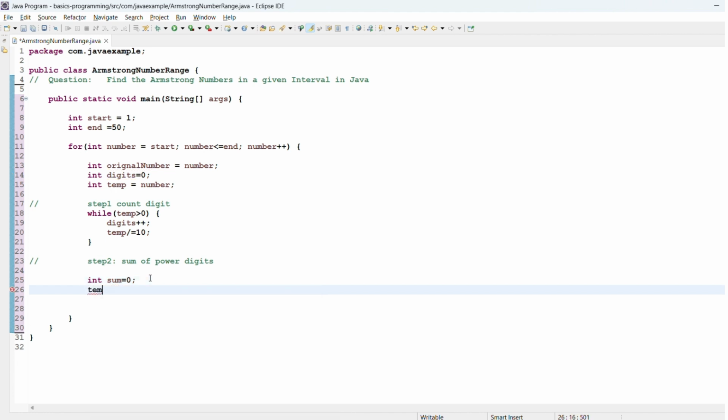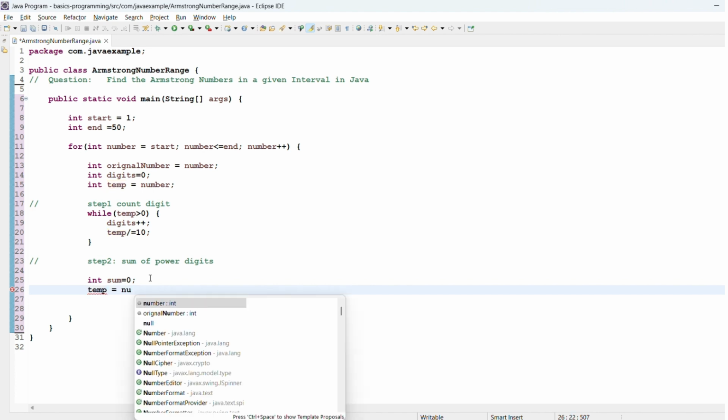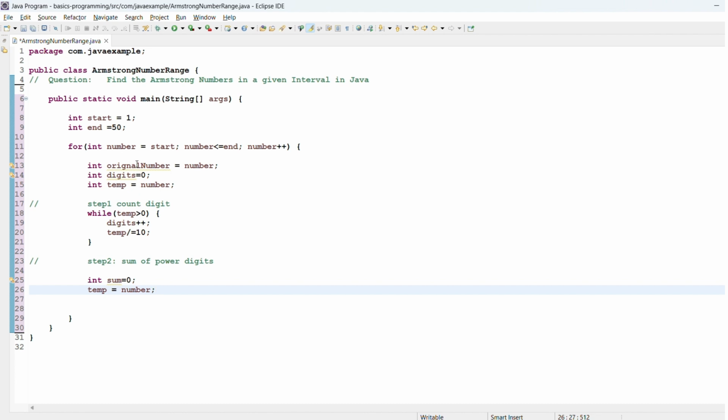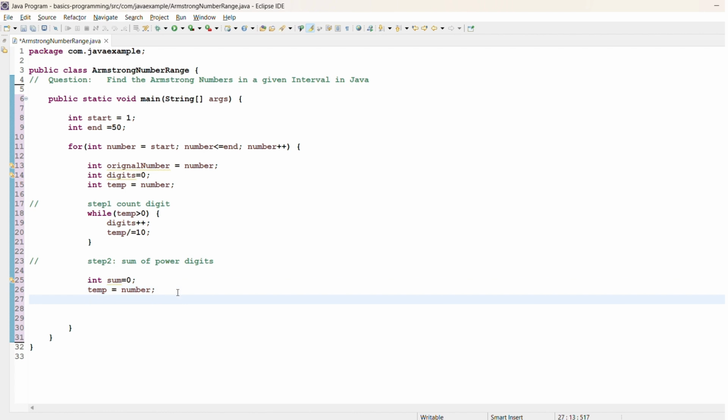Then temp, we assign the value inside temp is equal to number, because whatever operation is being performed here, that is happening on temp. But after this, you also have to assign the new value inside temp again here. Step 2, and perform another operation here. While